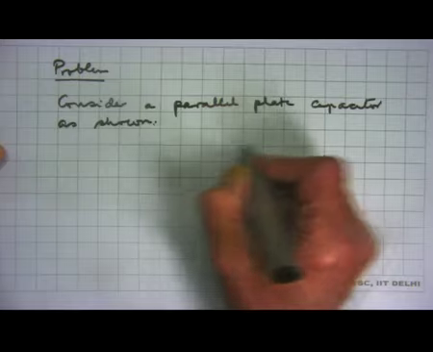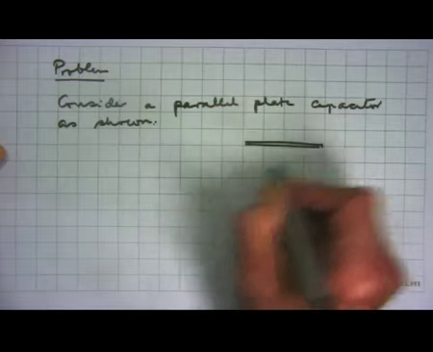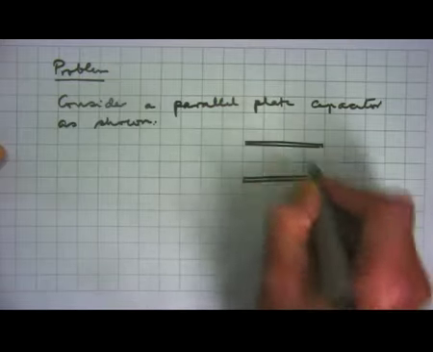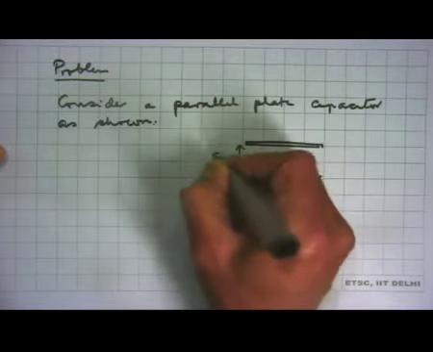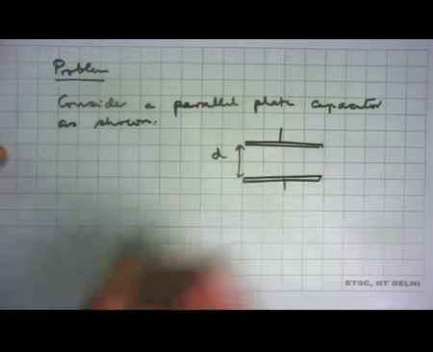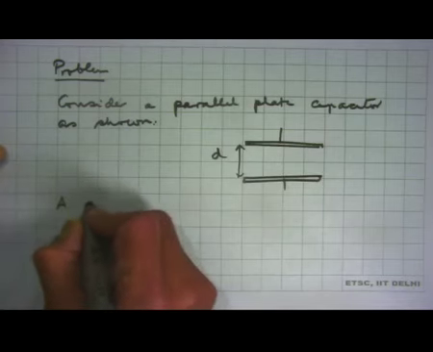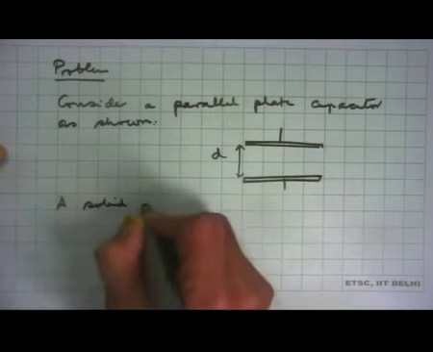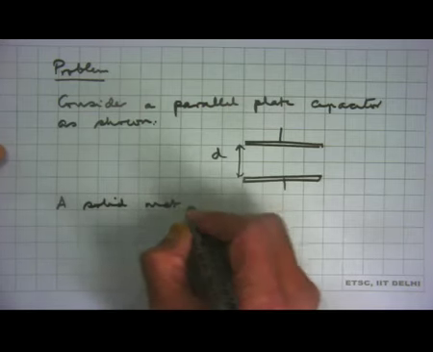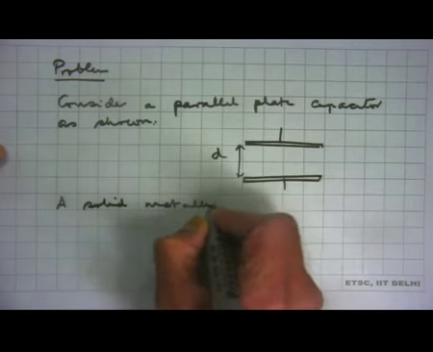So, you have 2 conducting plates separated by distance d. So, this is my capacitor. Now, what I do is a solid metallic slab